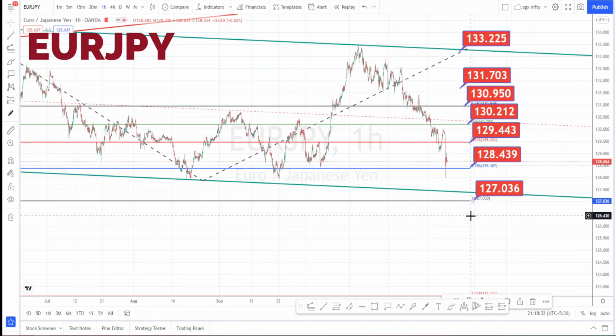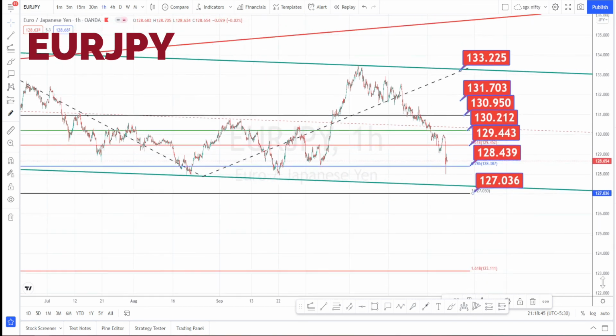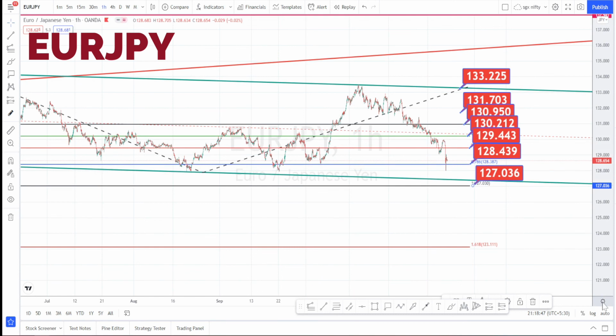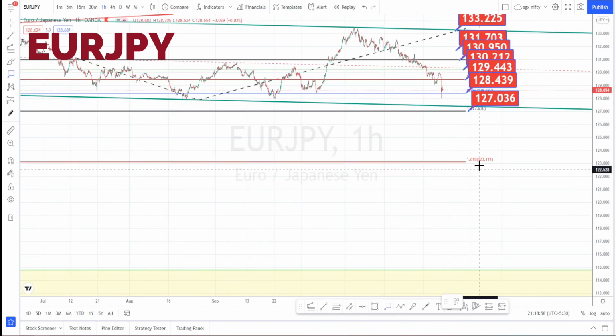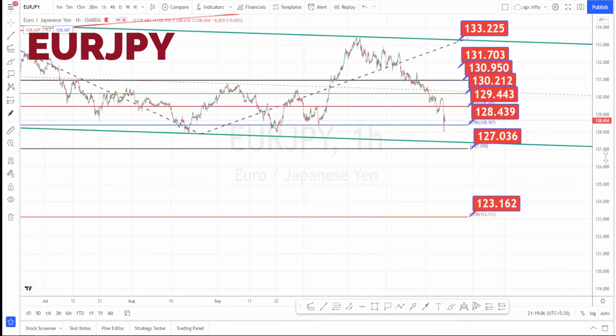I am expecting a downtrend to start. Before that, we can expect a consolidation also to happen. So if it is going to consolidate, these are all going to be the ranges for Monday. Or if the downtrend starts, we can expect a further fall and test this level over here. So mark these ranges in your chart, and based on the price action, decide your entry and exit.